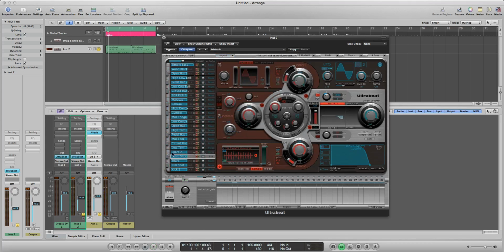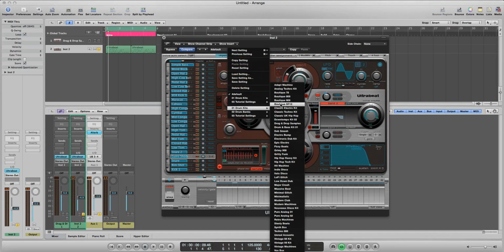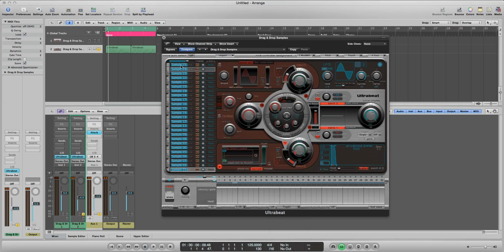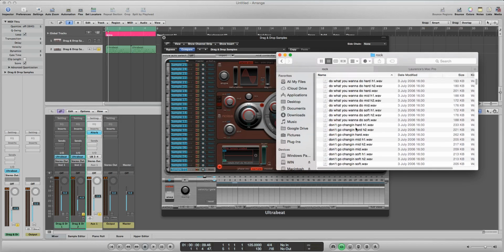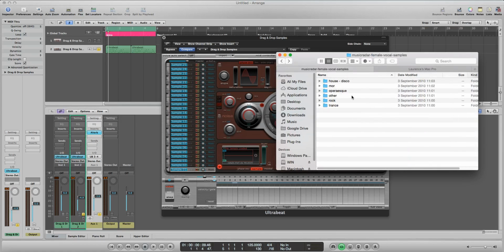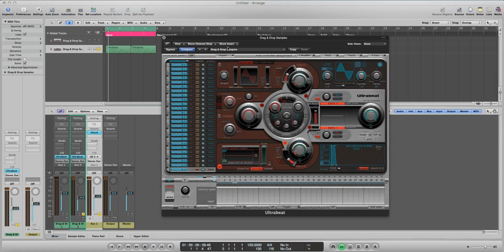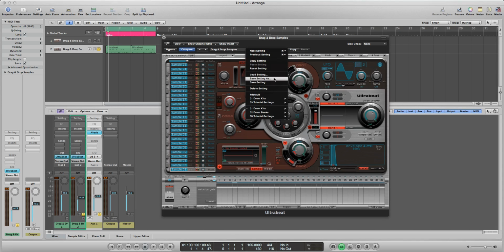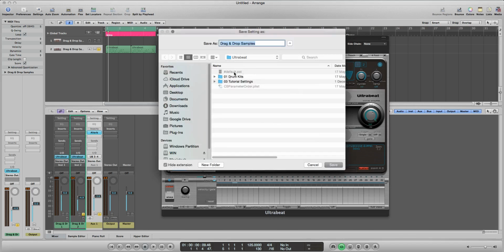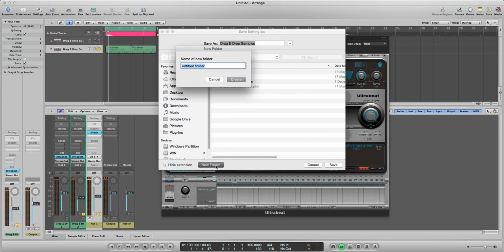So remember, import as well. And if you want to, you can always just go to drum kits, drag and drop samples, where it's completely blank. Make your own. So get all the samples you want from these guys, or of course, get your own. And you can make, say, a snare bank, a hi-hat bank, anything, and start dragging and dropping your own samples. Once you've got it all, save setting as, and then save it in, say, your own one. You could create your own bank, my own bank,